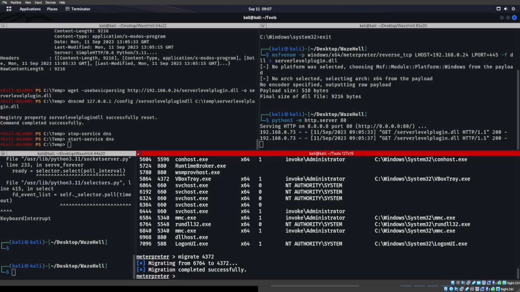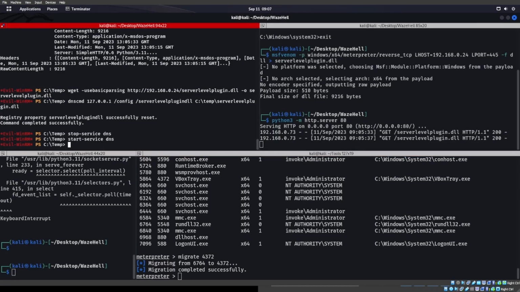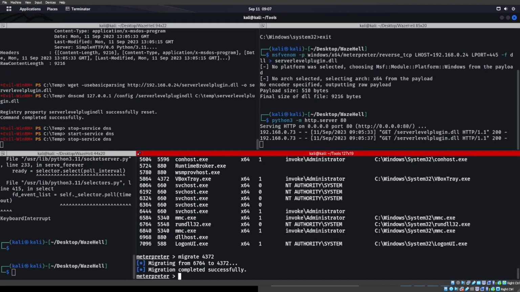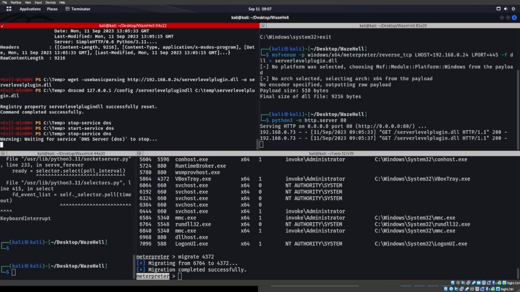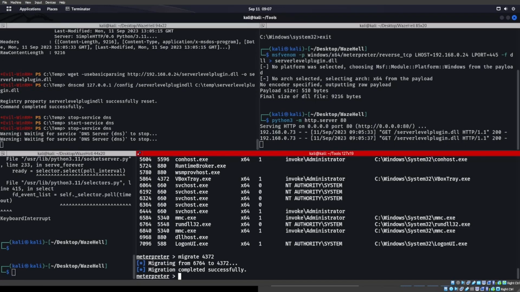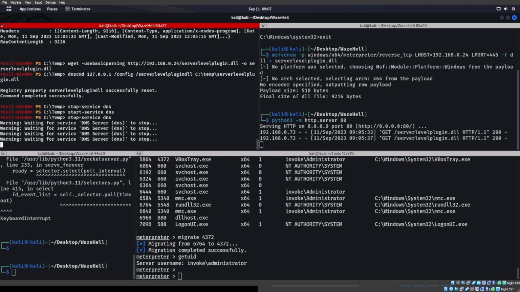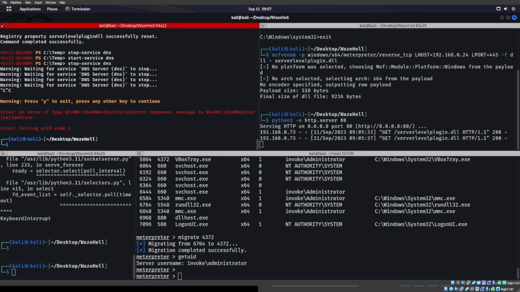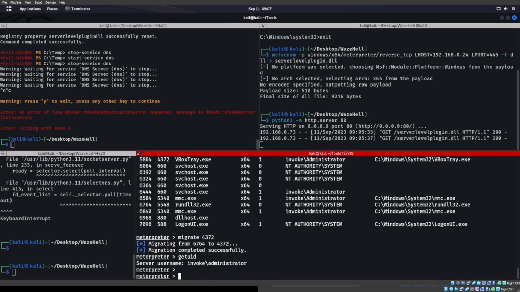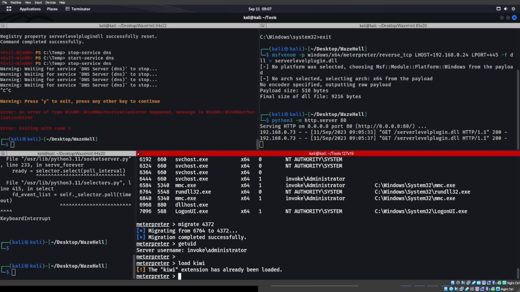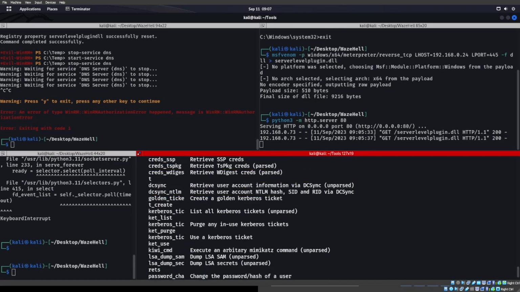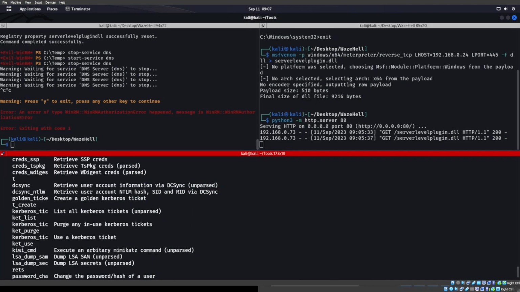And we do. Okay, so now even if this is stopped again, doesn't matter because we are now in this Meterpreter shell. All right, so from here, we're still good. Even if we lose this connection or whatever else, doesn't matter because we had that Meterpreter shell, right? Or we migrate over to that explorer.exe. Let's go and load Kiwi. Oh, already been loaded, okay. We hit question mark, and we have all of this stuff in here,